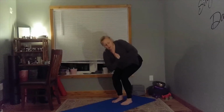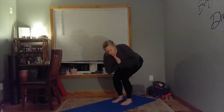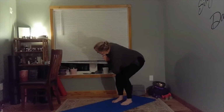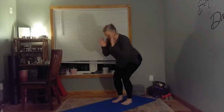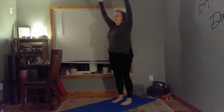So this one, you don't need to go too far. If you want to go deeper, coming out, really try to keep your hands on your chest, rotating around. And back towards center, and twist. And back towards center, coming up, holding in, reaching all the way up, just reaching up real tall,